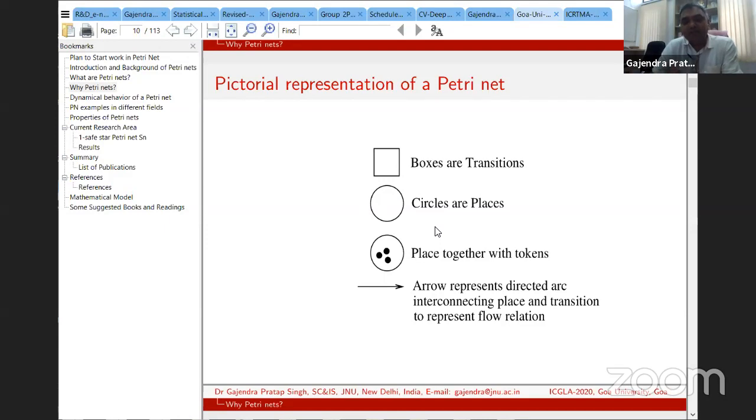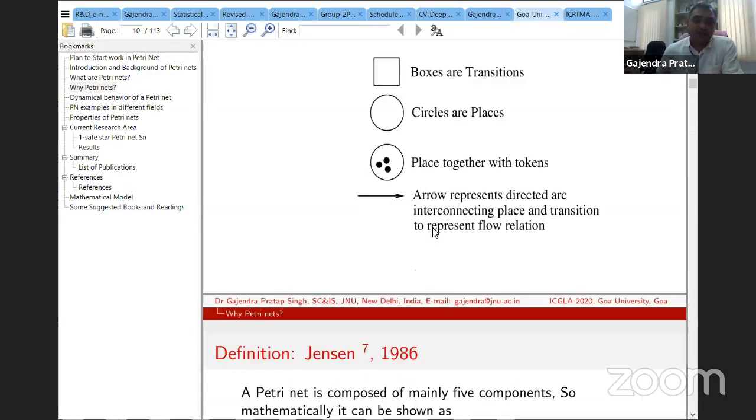Generally, places are the constant or stable things we can take as a place, and a dot inside the place is a token. A token represents some kind of information that is available inside the place, or resources, you can say. And an arrow represents the flow relation, from boxes to circles or circles to boxes, in any direction. If the flow is from circle to box, it is known as positive flow, otherwise it is negative flow, or we can say inflow and outflow. These are some elements.